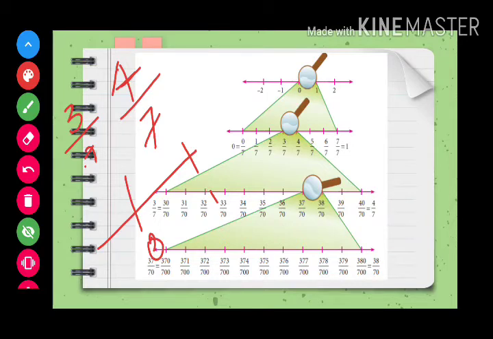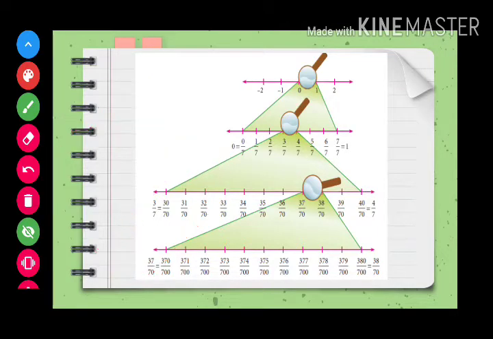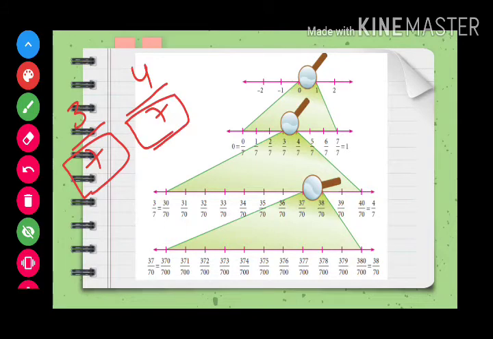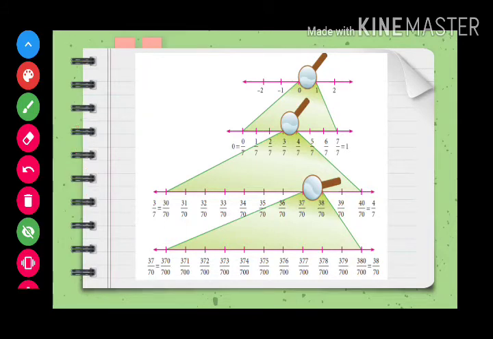If it is a negative proper rational number, it will exist between 0 and minus 1. Since these are positive proper rational numbers, they will exist between 0 and 1. So between 0 and 1 we have two values, which are 3 by 7 and 4 by 7. So we have to split the interval 0 to 1 into 7 parts because the new denominator is 7. Here they have split that into 7 parts: 1 by 7, 2 by 7, 3 by 7, 4 by 7, 5 by 7, 6 by 7 and 7 by 7.